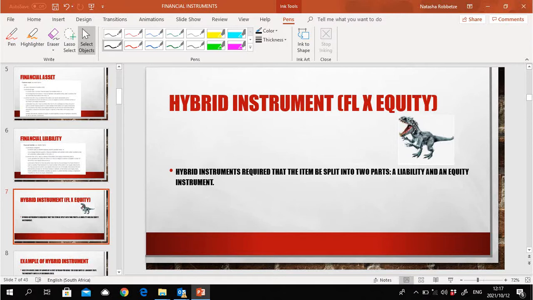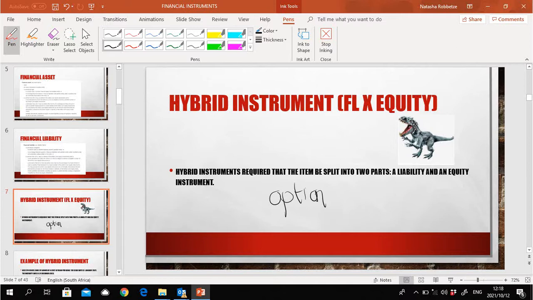Well, they exist because of options, right? So I'm just going to make that note. I think it's important to remember. Hybrid instruments exist because of options. And this option is that when a financial instrument is issued, it can either be matured and you can pay the person in cash, or they can get shares.